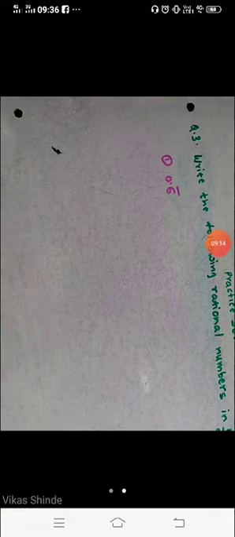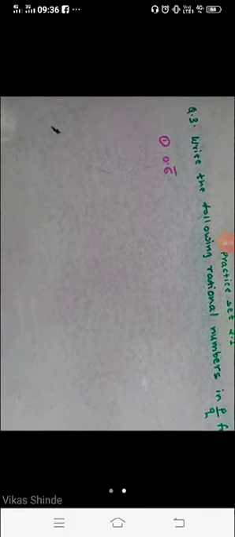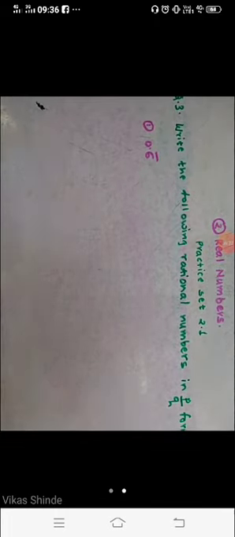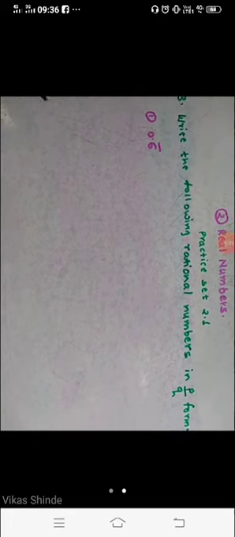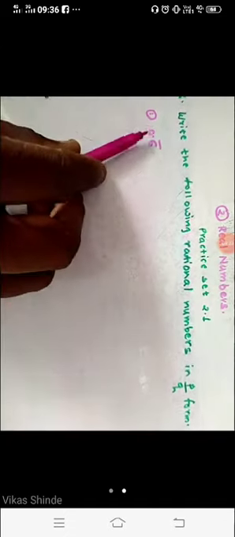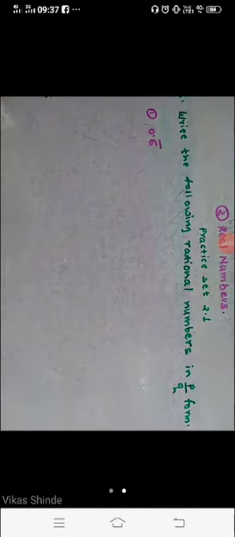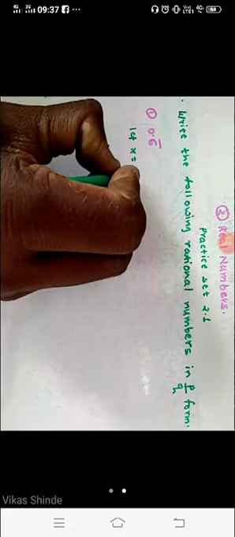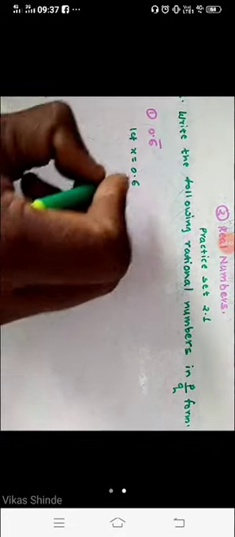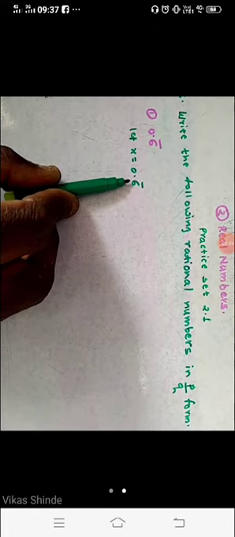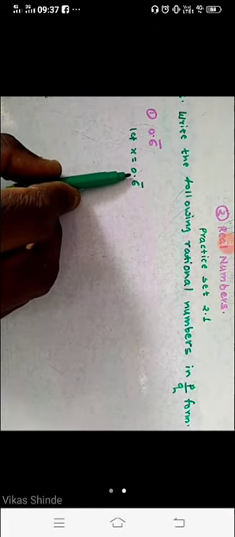Okay student, now see the next question here, question number 3 here. Write the following rational numbers in p upon q form here. This is our third question. Here is 0.6 bar. We have to find the rational number from this given decimal form. So we have to write, suppose, let x is equal to 0.6 bar. Now, here is unit and here is 10. Means we have to count this decimal also, unit and 10.